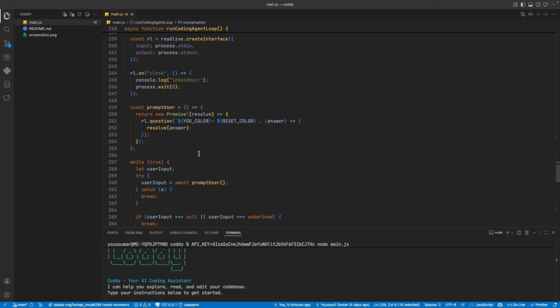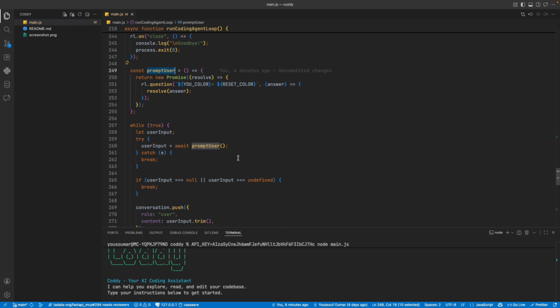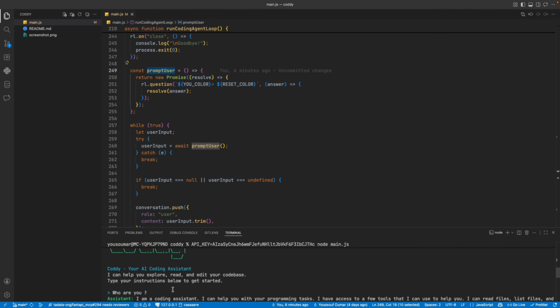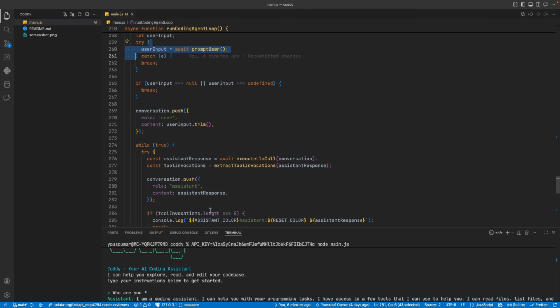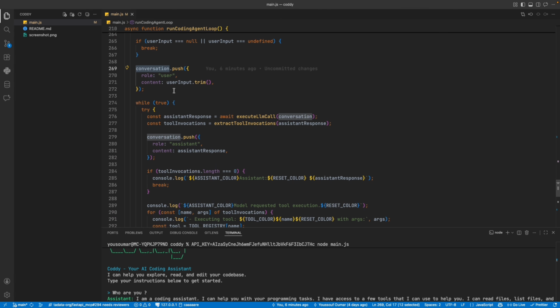And then we are simply gonna use this prompt user, which is simply gonna ask the user something in the terminal, and when the user responds, we get it back in this user input, and we add the user input in the content here in the conversation array, and then we enter this while loop.